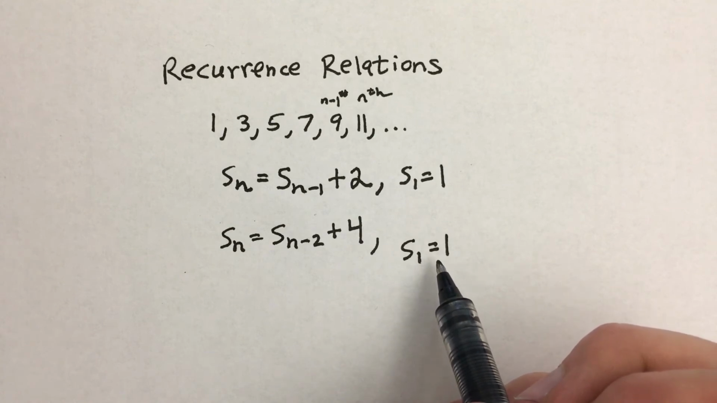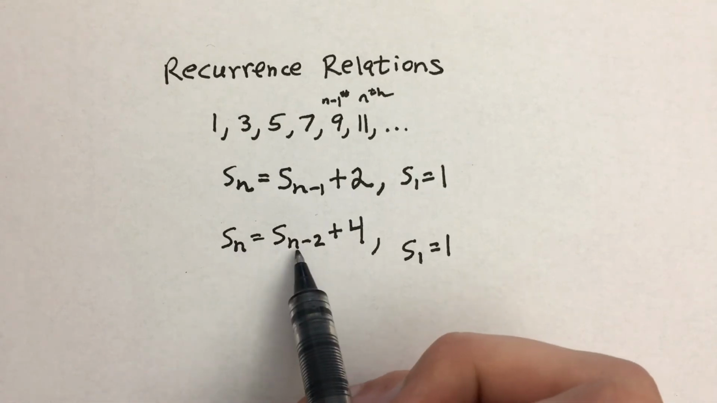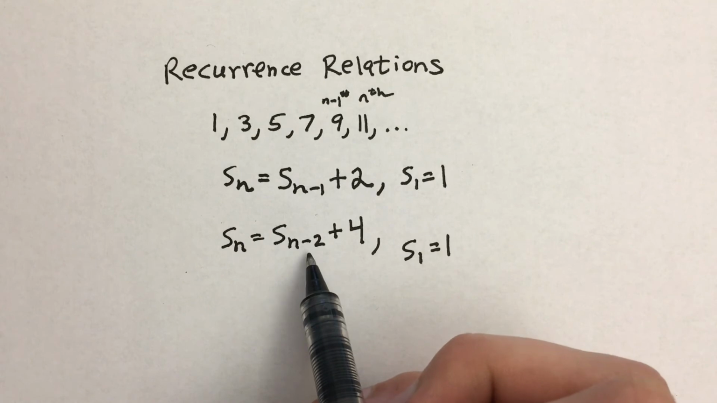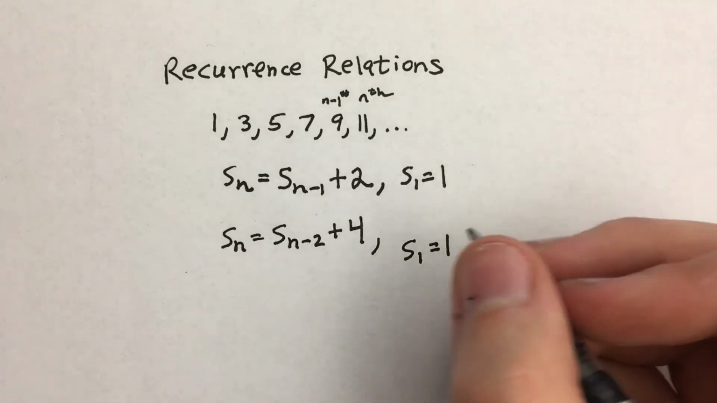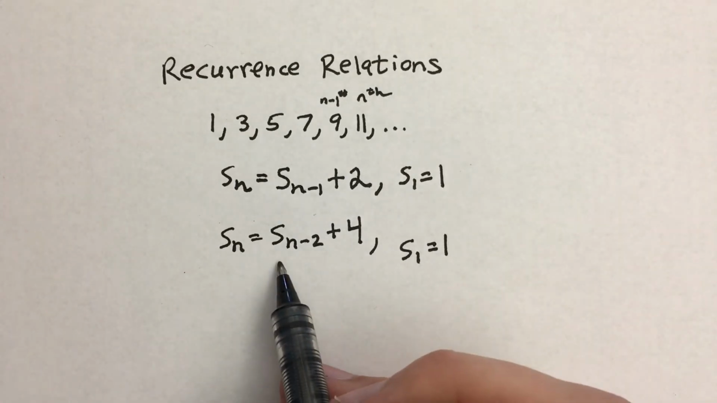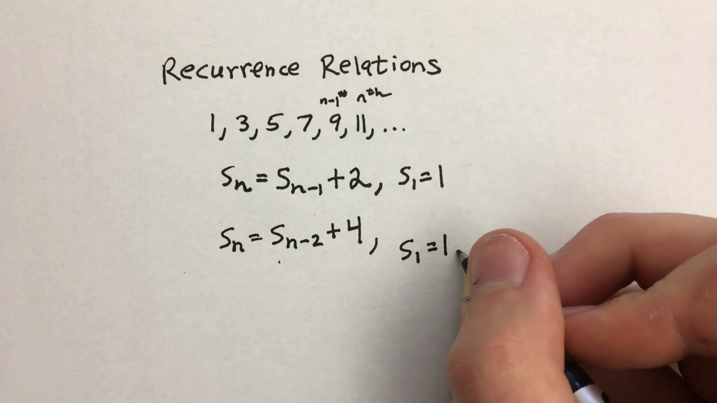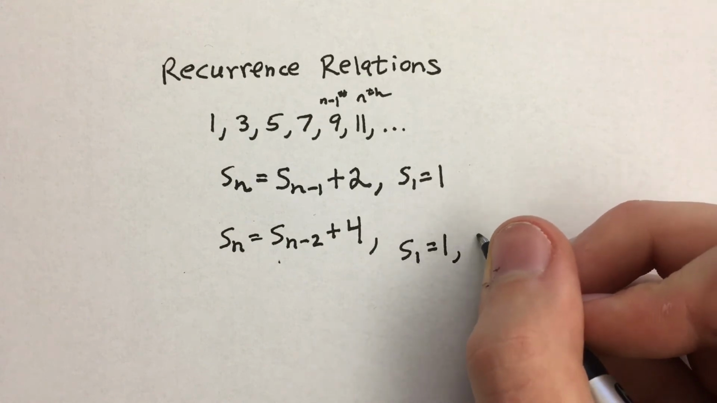However, in this case, we're going back 2 terms, so we need more than just one initial condition, because if we wanted to find s sub 2, wait a second, that means we'd have to look at s sub 0, and we don't have that. So we actually need 2 initial conditions for this, if we're going to tell someone to look back 2 terms in this recurrence relation. And so our initial conditions would be s sub 1 equals 1, but then also s